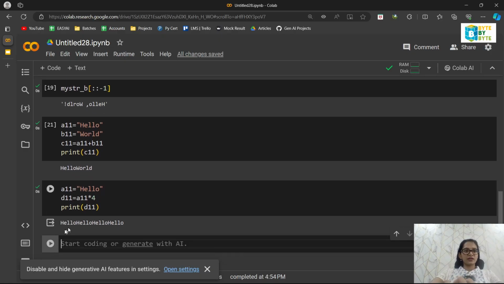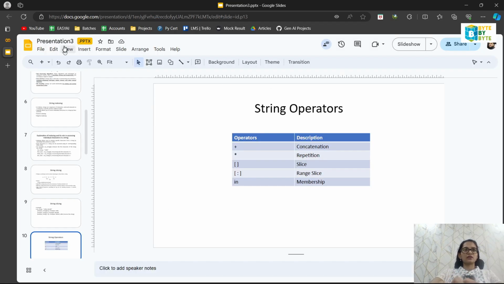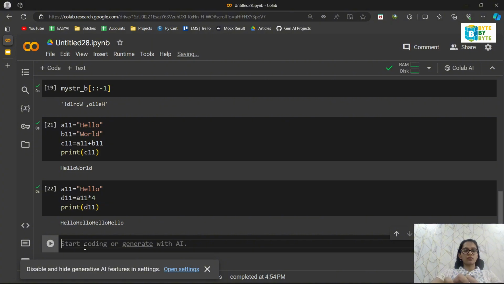So yes, it is printing hello 4 times. So this particular string is repeated 4 times. Okay. So next example is slice and range slice. So for quick review, we are again going to see